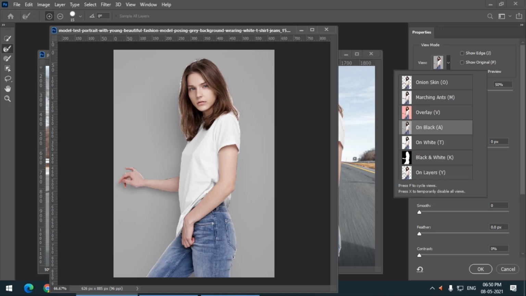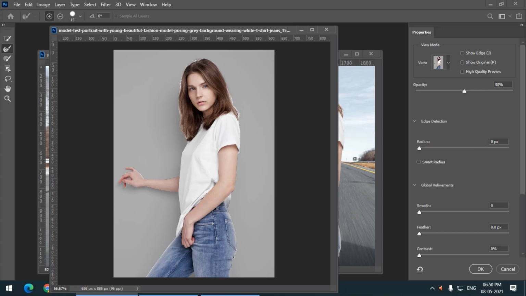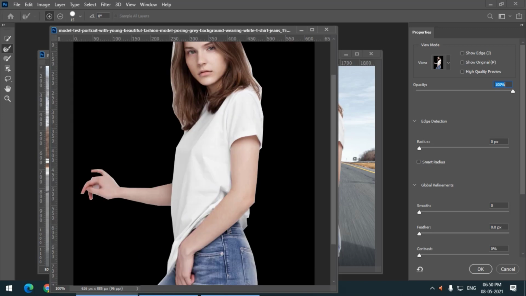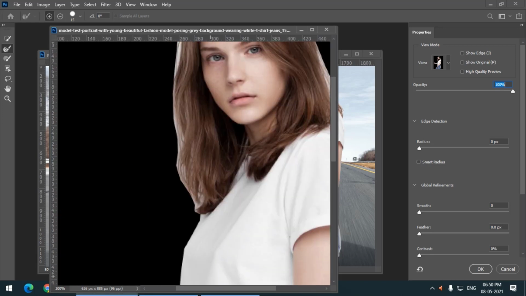As the background is a bit grayish on the whiter side, I will select black and increase the opacity to 100 so that I can clearly see the edges of this image. I will select the tool number 2 in this toolbox, which is the Refine Edge Brush tool, and I will simply draw it